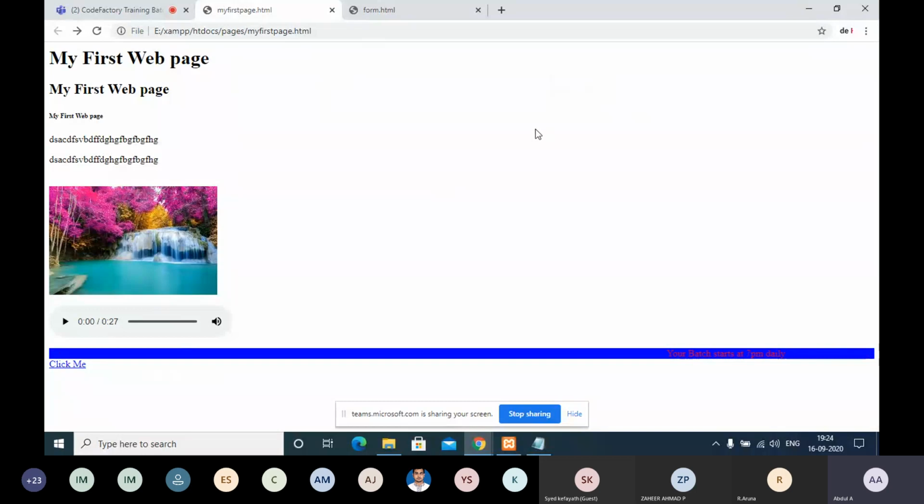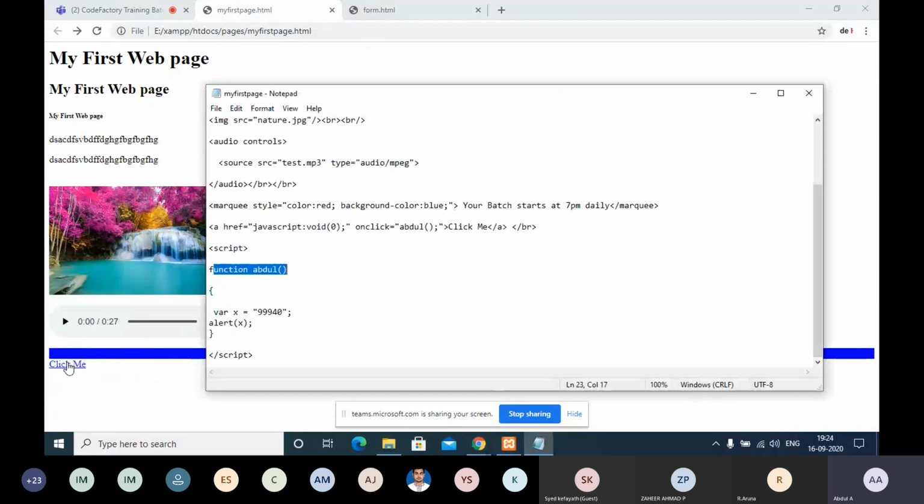In some cases, we can call other functions like onblur, onhover. Hover is a mouse over. If we keep the mouse over the link, we are able to trigger something. That part we will see later, but I'm just bringing to your notice that a lot of things are there to call from an HTML element.